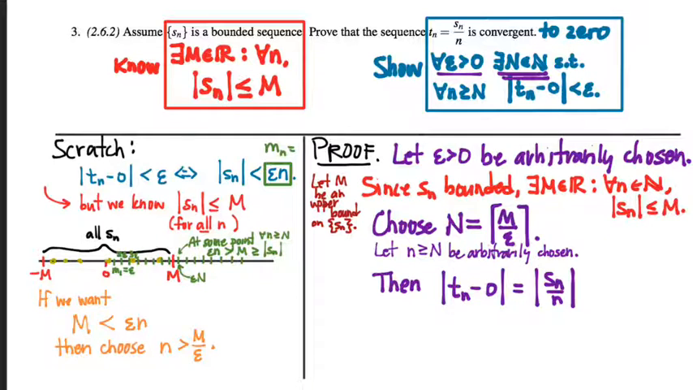Now, based on the fact that n is greater than or equal to capital N, we also know that it's greater than or equal to m over epsilon as well. And so there we can make our substitution. Maybe I'll do it in two steps. Since n is bigger than or equal to capital N, that means if I replace little n by big N in the denominator,